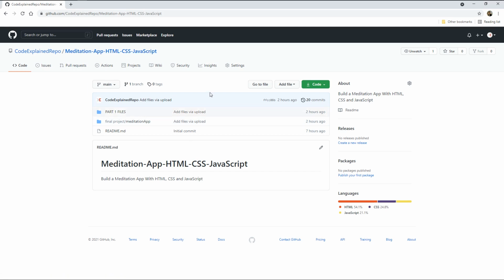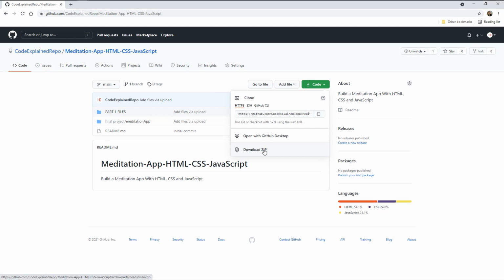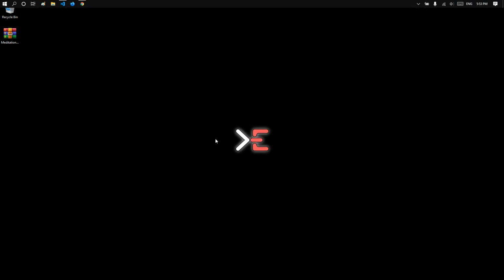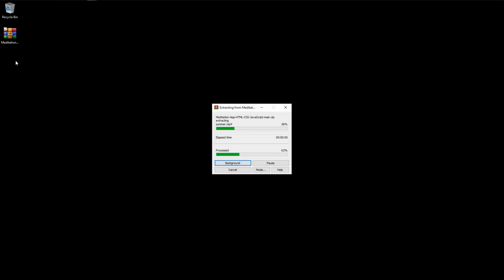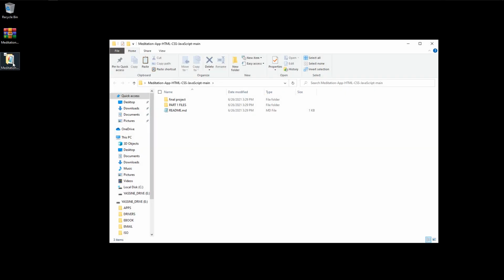So this is the repo on GitHub. You will find the link in the description. I'm going to download the repo as a zip to my desktop. Then I'm going to go to the desktop, extract the files here, and open the folder. Now we have two folders, one that says final project, and this is where you will find the